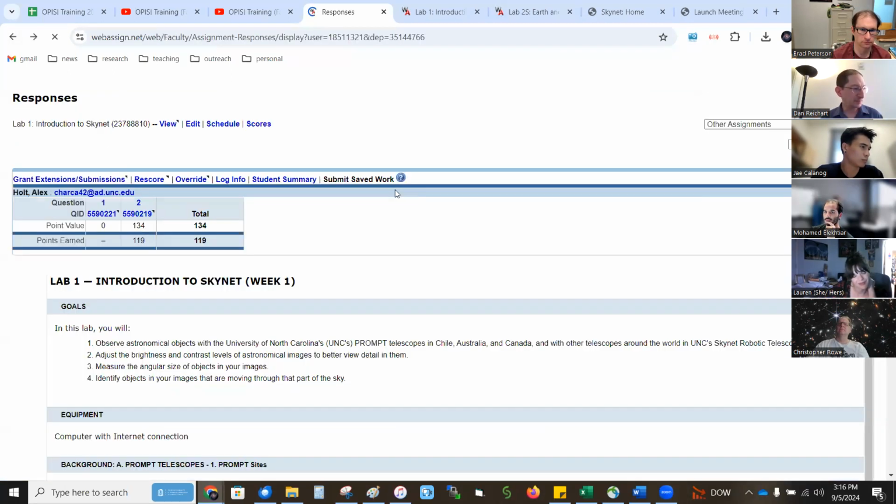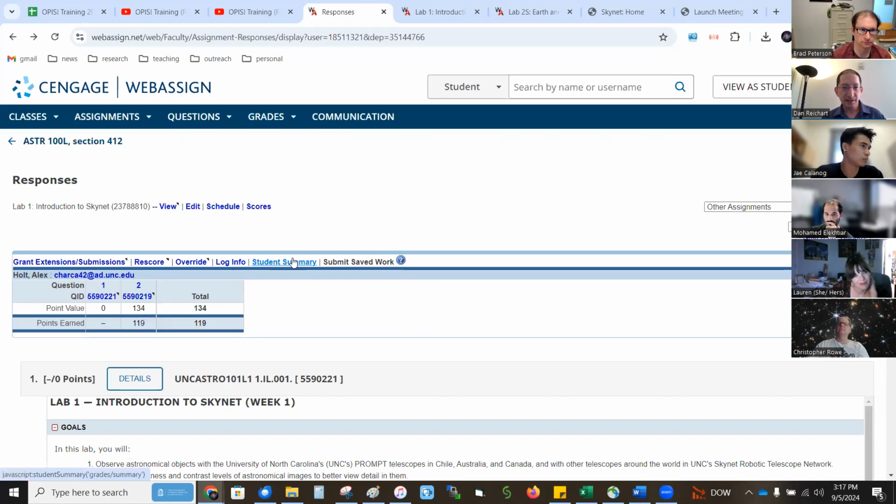And one last bit here before we get into the content. Save submitted work. Often, so yeah, I was going to mention this at some point. I got my notes here. WebAssign has both save buttons and submit buttons. But I've set it up that they can just use the submit button. If they save and forget to submit, then you don't see it when you get into that grading mode. Unless you'll see something up here saying submit saved work. This one's not highlighted because this student actually submitted everything. But sometimes they save stuff and forget to submit, and you as the instructor can submit it here when you're grading. Anyway, those are just a few basic things.